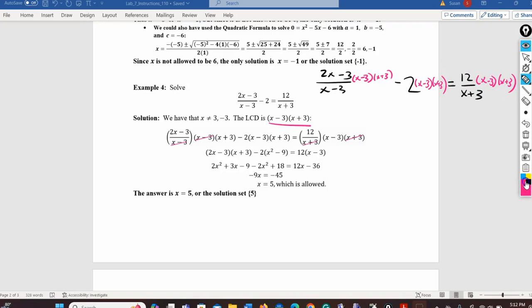Now we start with our canceling. So I'm going to have all of that times that in the red. So the x minus 3's cancel. Nothing to cancel there. And here the x plus 3's cancel. So I'm going to be left with 2x minus 3, all of that, times x plus 3, minus 2 times that,